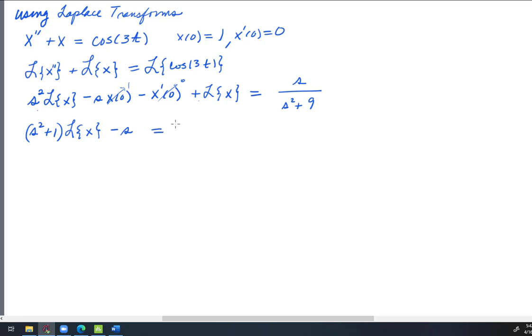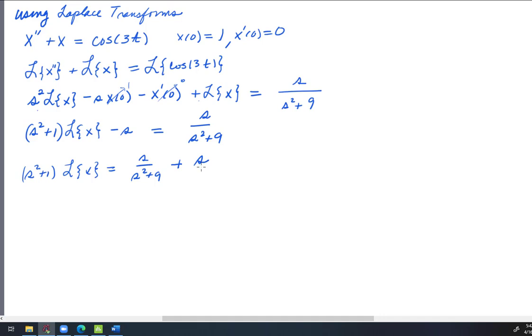And there's the left-hand side. And the right-hand side is s over s squared plus 9. Let's transpose the s, and so I get s squared plus 1 Laplace of x is equal to s over s squared plus 9